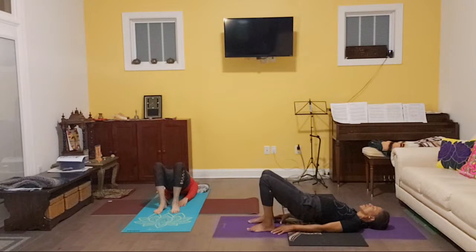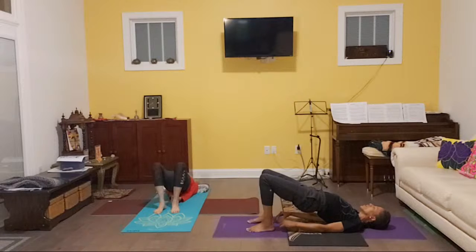Now on the next inhale, we're going to keep our hips lifted off the ground with our gluteal muscles tight. Move our straight arms under our hips and interlace our fingers, breathing through our nose as we keep our hips lifted off the ground,